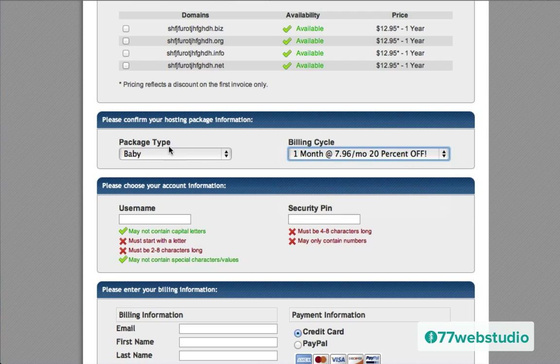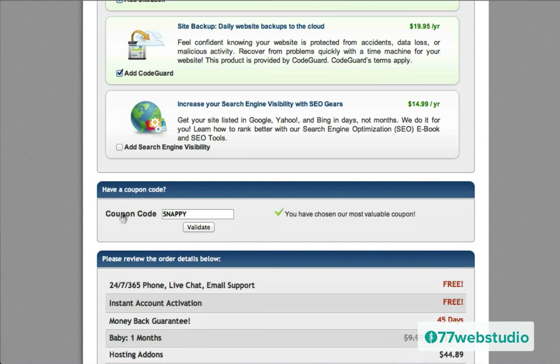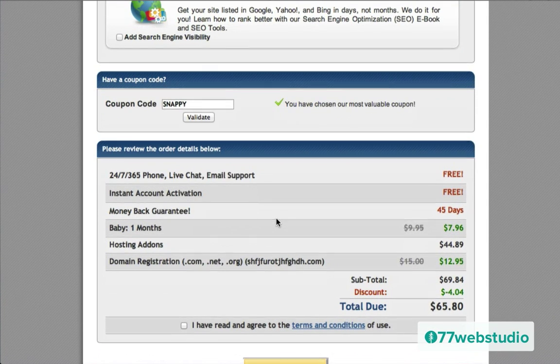25. And when we sign up, for example, of 1 month, then when you scroll down here, you'll note that there's a coupon code here that HostGator provides, and this is the standard coupon code, which we can see here will give you a total of $65. Now, if you put in the coupon code WPCoupon25 in this instance, and then click on Validate, note that now the coupon is now $57, so that's less than the standard coupon.